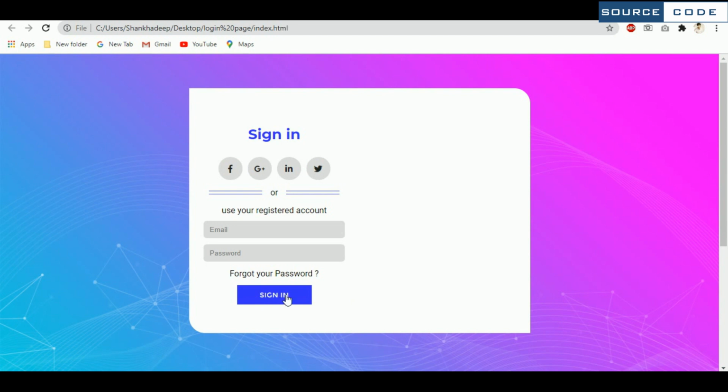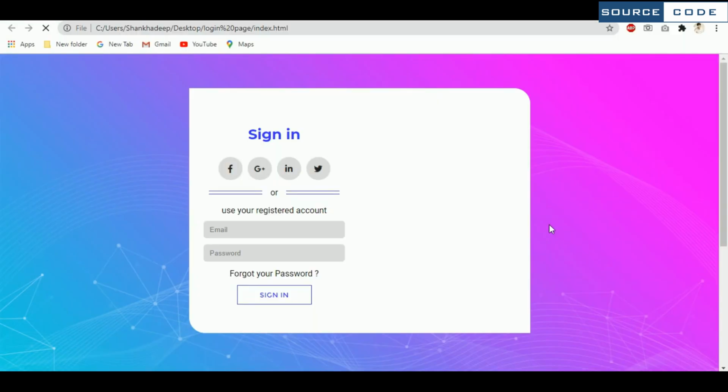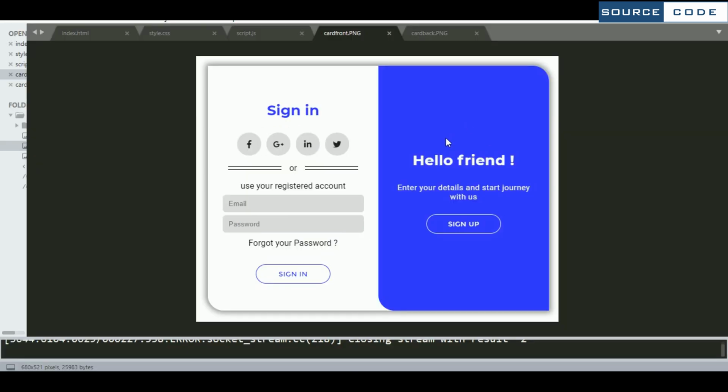So as it is coming properly, but we need to give a border radius. For the border radius, I am taking 25 pixel. Now let me show you once again. So here we have got the sign-in form totally. So now we are going to design this right part. So in the right part, as you can see that we are having one blue panel here. So first of all, we will design the blue panel, and inside this we will put this information.